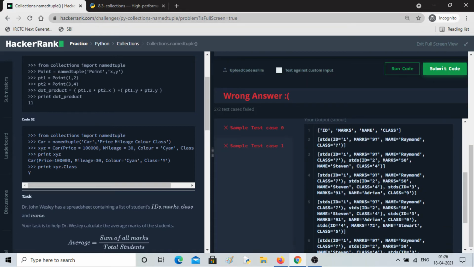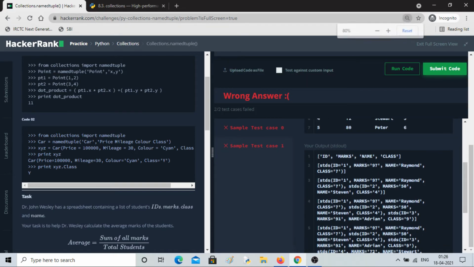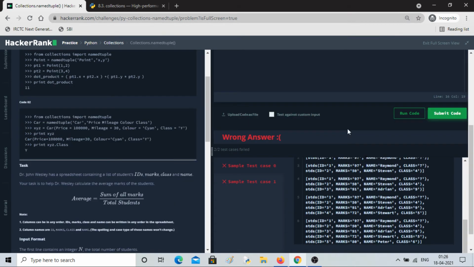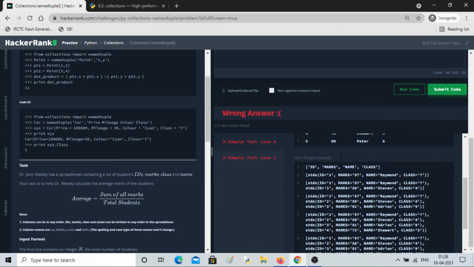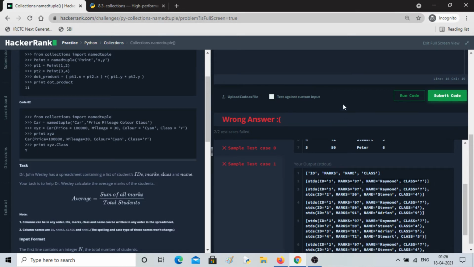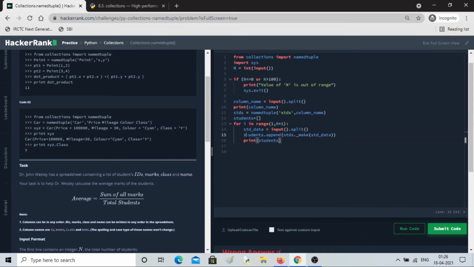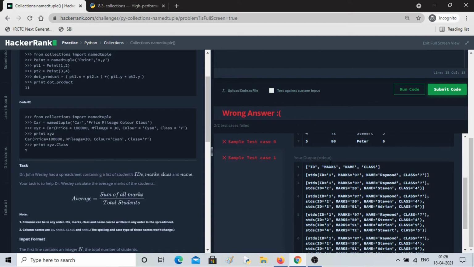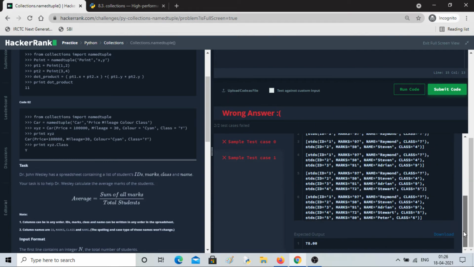So here you can see, let me zoom out. Now you can see better, right? This is our column, and every time it is appending one student's data into students. This is my list, right? So finally what I'm getting is this list of 5 guys.